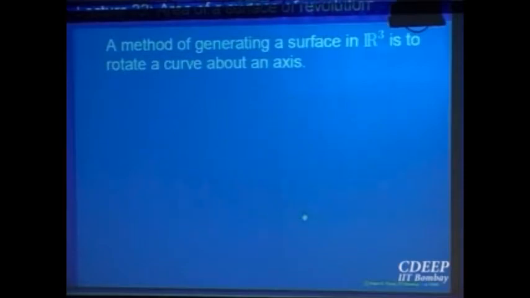If you recall, we had also found the area of a surface of revolution some time back. You take a curve, say the graph of a function in the xy plane, and rotate it around the y-axis or the x-axis. You get a surface. How do we find the area of that? Using integration of a function of one variable. So now we have got another way of finding surface areas, using parameterizations and so on. Are those two things compatible with each other or not?